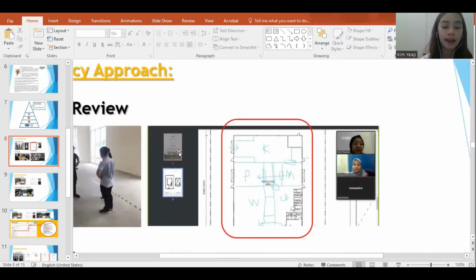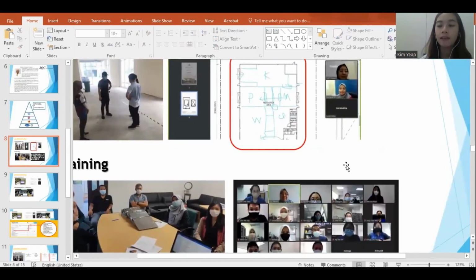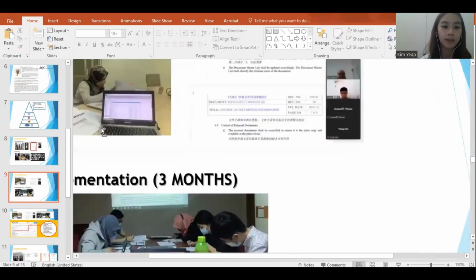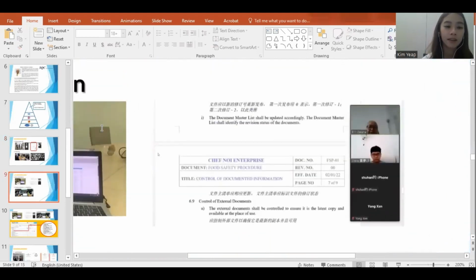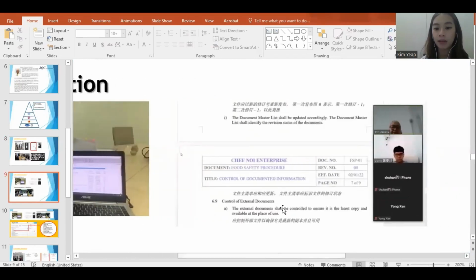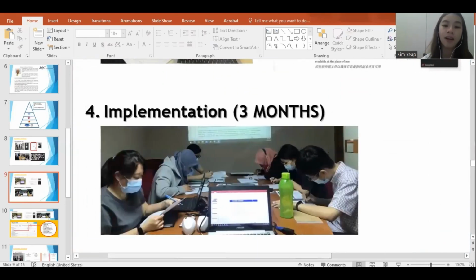But other than that, let's see, training, we do online trainings. If not online, we will also do physical, that means we go to the client site to do on-site training. This one is more casual, but sometimes they do it in a classroom type. Now, drafting of the documentation, this is how it looks. We see the clients and then we draft the document together with them, and this is usually how the document looks like. Okay, implementation.